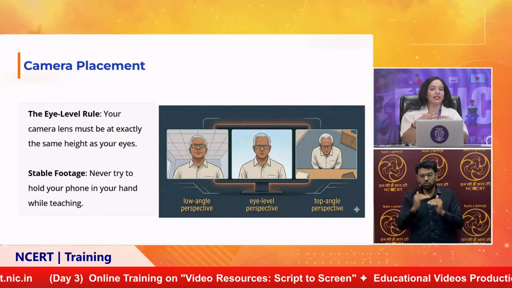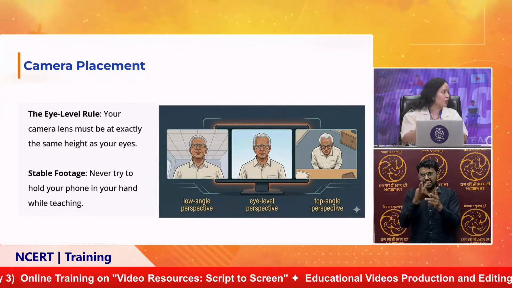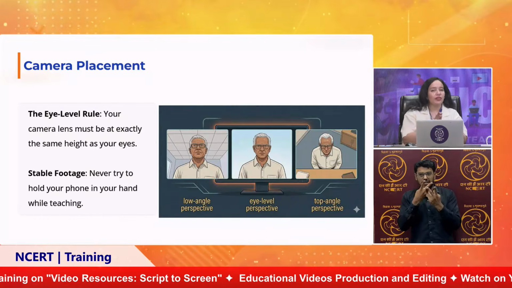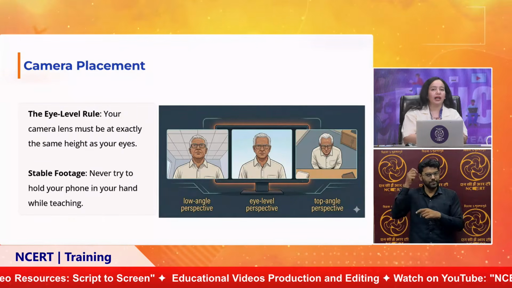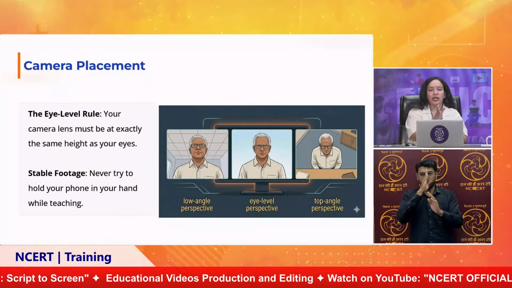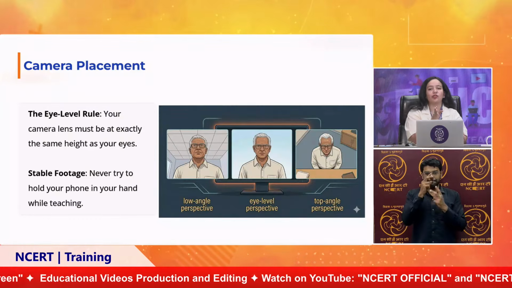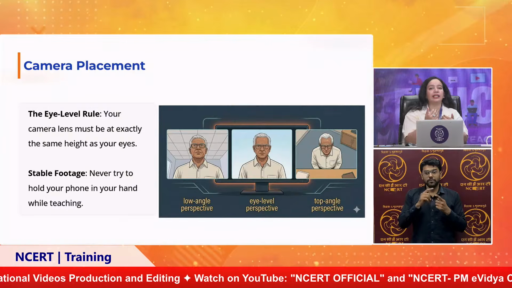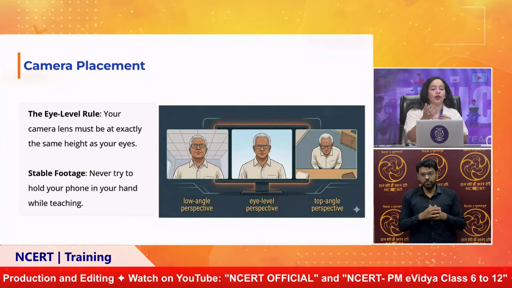Otherwise it will give you a very bad output. So for recording a lecture, always keep your camera right in front of your face, and look directly into the lens, so that you'll be able to connect with the audience.